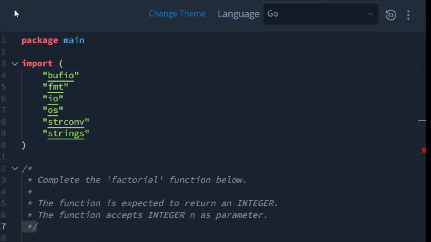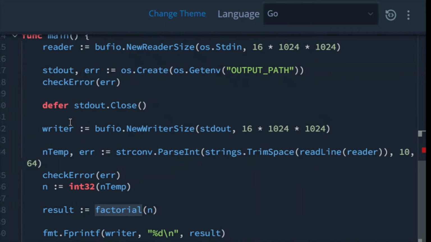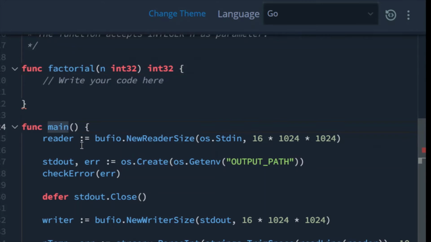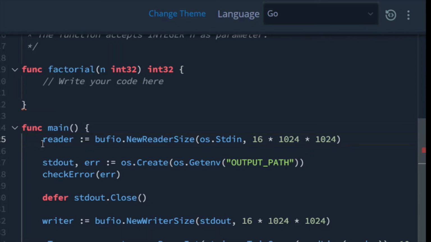The code is given like this. We have a main function, and before the main function we have a factorial function already given. In the main function we can see they are reading the input and converting it.